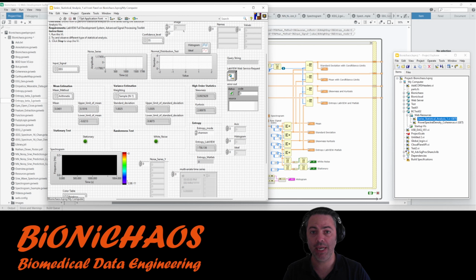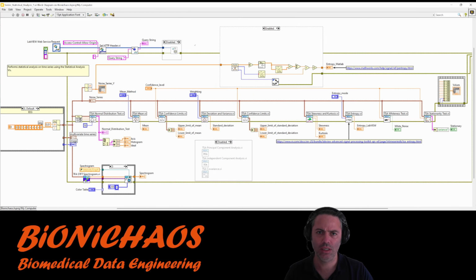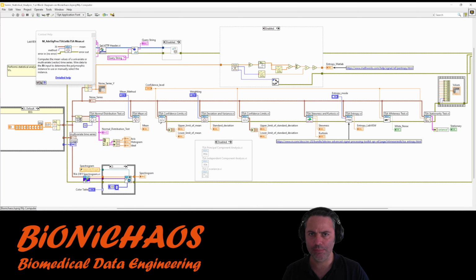This is what the back end looks like in LabVIEW. It has its own front panel. This is the source code for the back end. If interested, it's using mainly LabVIEW functions for calculating the mean, confidence levels, deviation, variance, skewness, and kurtosis. LabVIEW has a function for that as well.